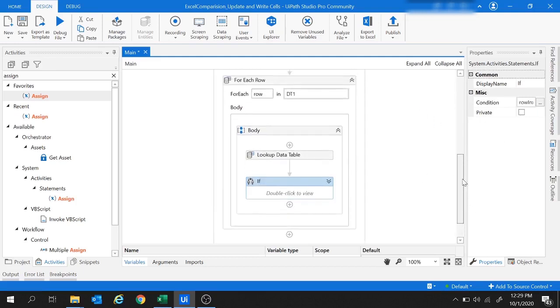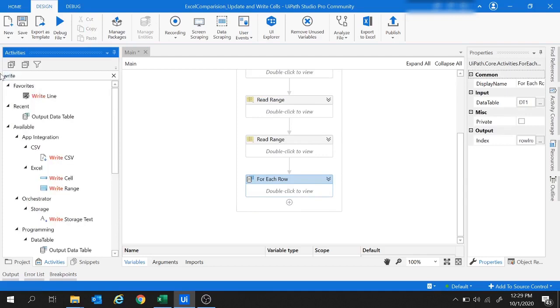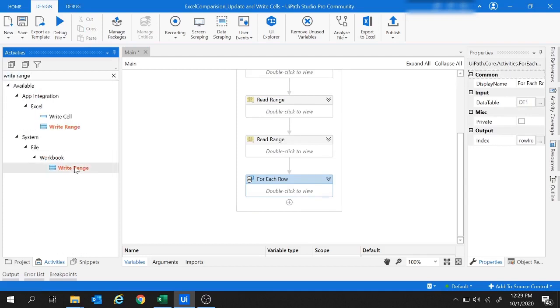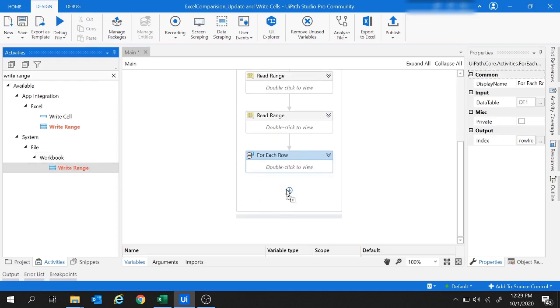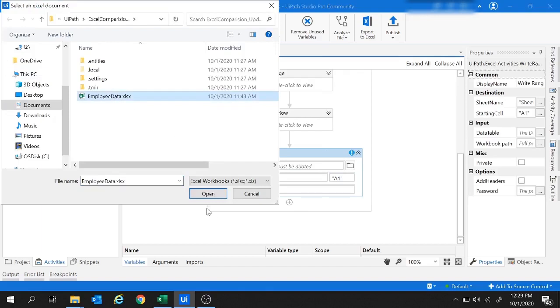Inside this for each row activity, at the end we would like to write the data table inside the Excel file. So I'm going to use the write range activity. This is the write range activity under workbook. Let me add it here, click on browse and select this employee data.